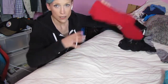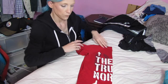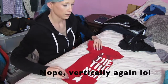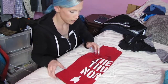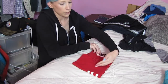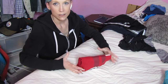So my son's drawers I do the exact same way. So just fold it horizontally, fold in the sleeves. Now for his I don't have to do that extra lip at the bottom, so I just fold it down to the middle, and over. So you've got a perfect little taco. It's not going to stand on the bed, but